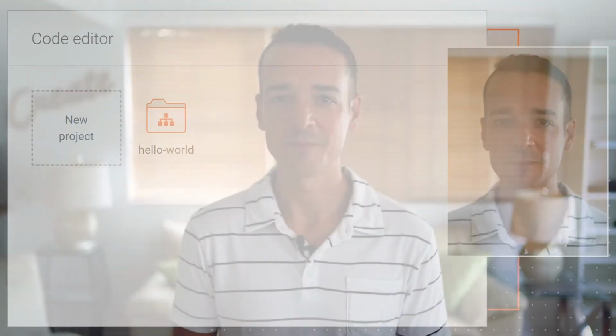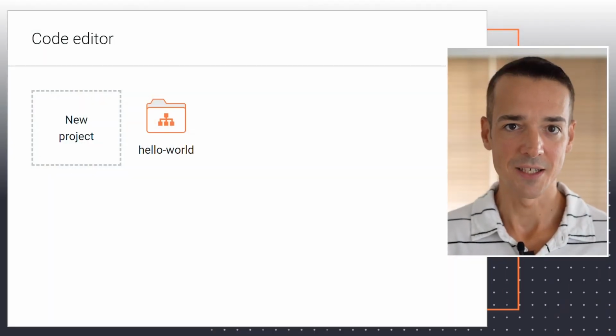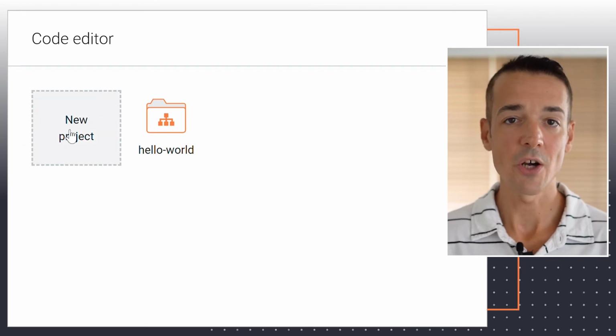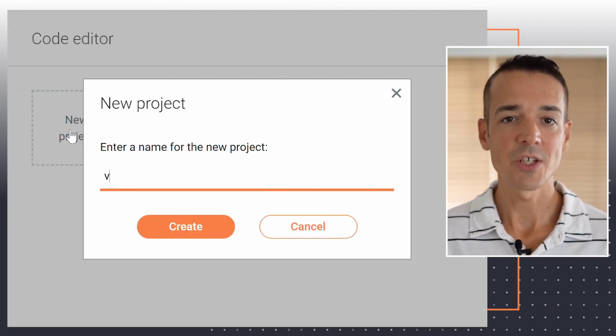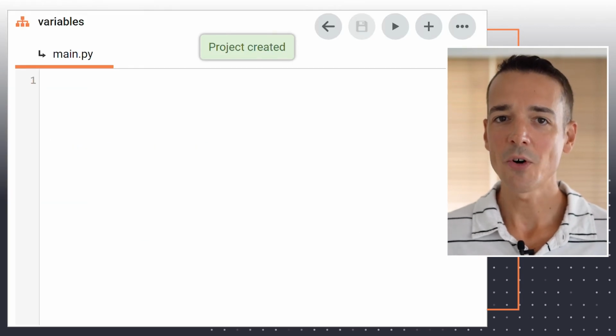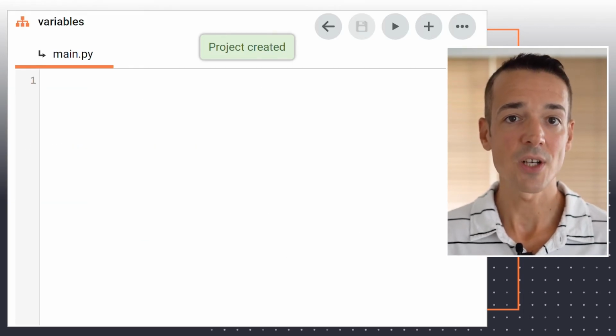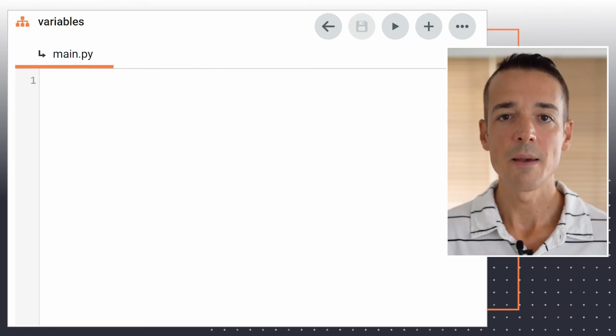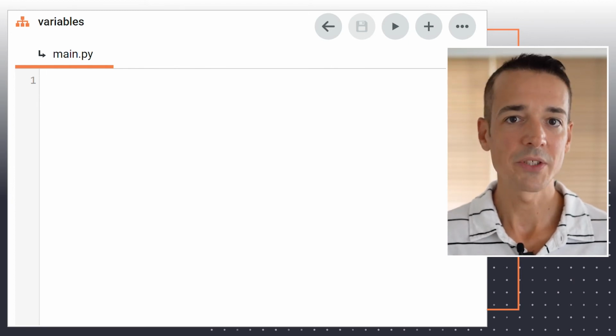Let's go back to our hands-on work now. If you look at the code editor now, and if you completed the work in the previous lesson, you should see a list of all previously created projects, which for now just include the Hello World project. Let's create a new project for this lesson. Click on the New Project button and call the new project Variables. Then press Enter. As before, the project is automatically initialized with an empty file called main.py, where we'll proceed typing